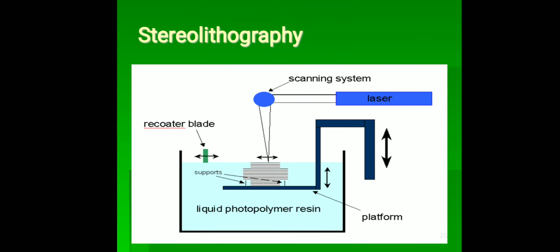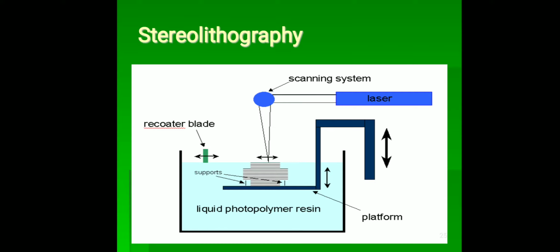Then this is a platform which is moved with time. Very first, it is just below the surface of the liquid layer. So when this laser falls on this liquid, it starts forming the first layer, the ground layer. Afterwards, this platform moves downward, and this first layer is covered with the liquid photopolymer resin. Then again, with the help of the laser scanning system, the laser falls on the liquid, and it forms a second layer